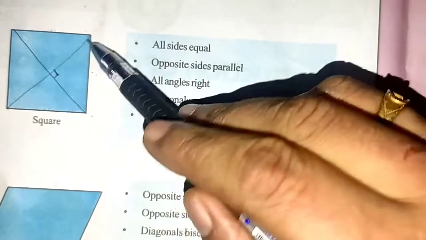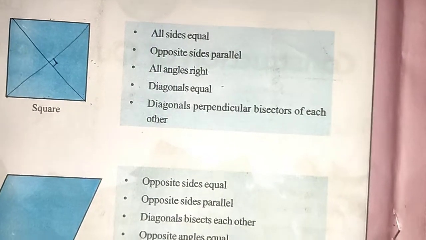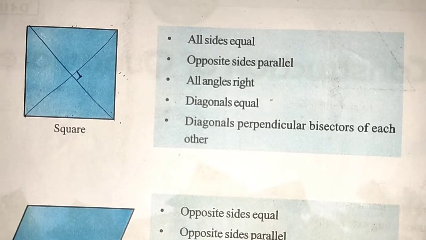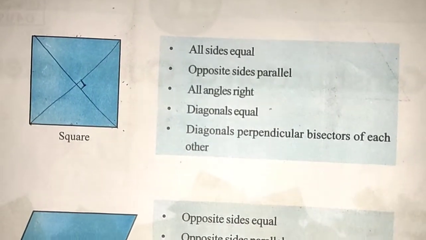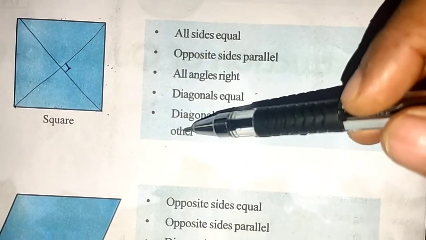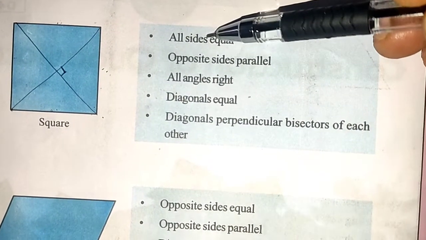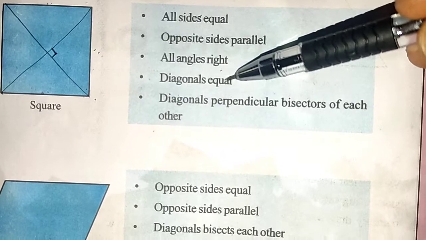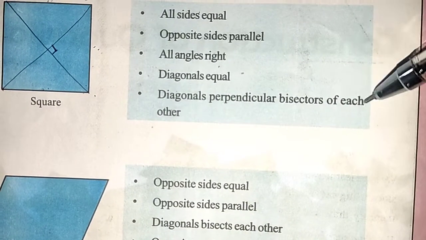That means the diagonals are perpendicular bisectors of each other. So these are the specialities of a square: all sides are equal, opposite sides are parallel, all angles are right, diagonals equal, diagonals perpendicular